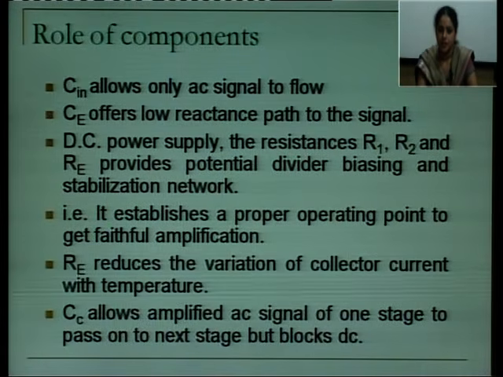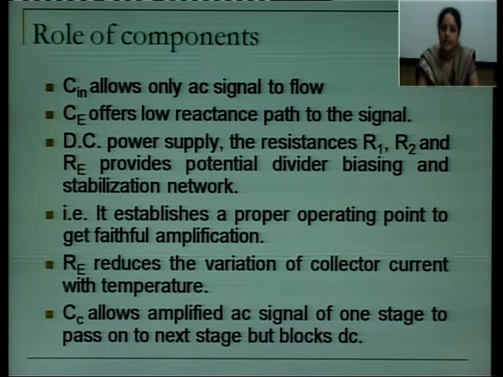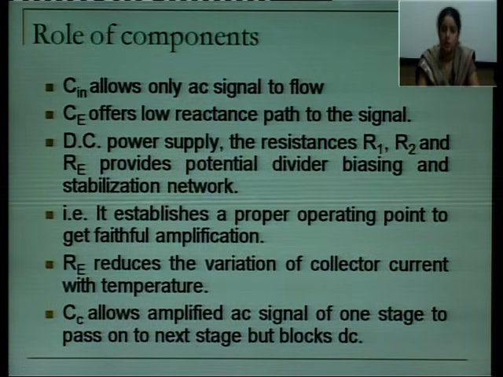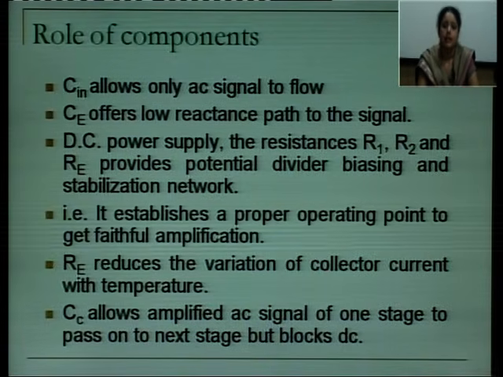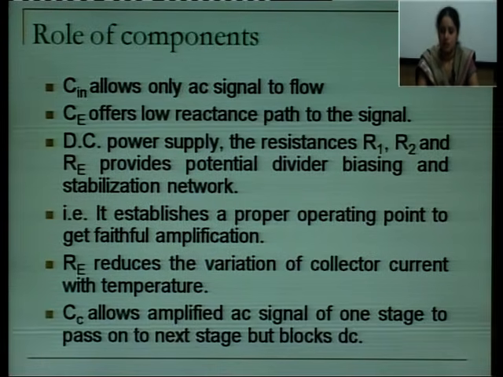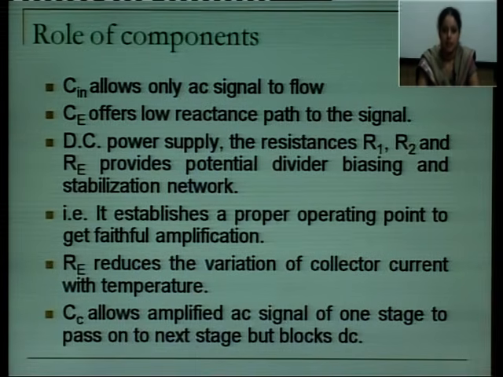Now you have different components involved in your circuit. We have the role of each component. The input capacitor allows only AC signal to flow and it blocks your DC signal. The emitter capacitance, that is CE, offers a low reactance path to the signal. This low reactance path is required so that the gain of your stage is not lost. You want a particular gain, and the gain should not be lost by your circuit, so CE offers a low reactance path. DC power supply is employed here in the circuit. The resistances R1, R2 and RE